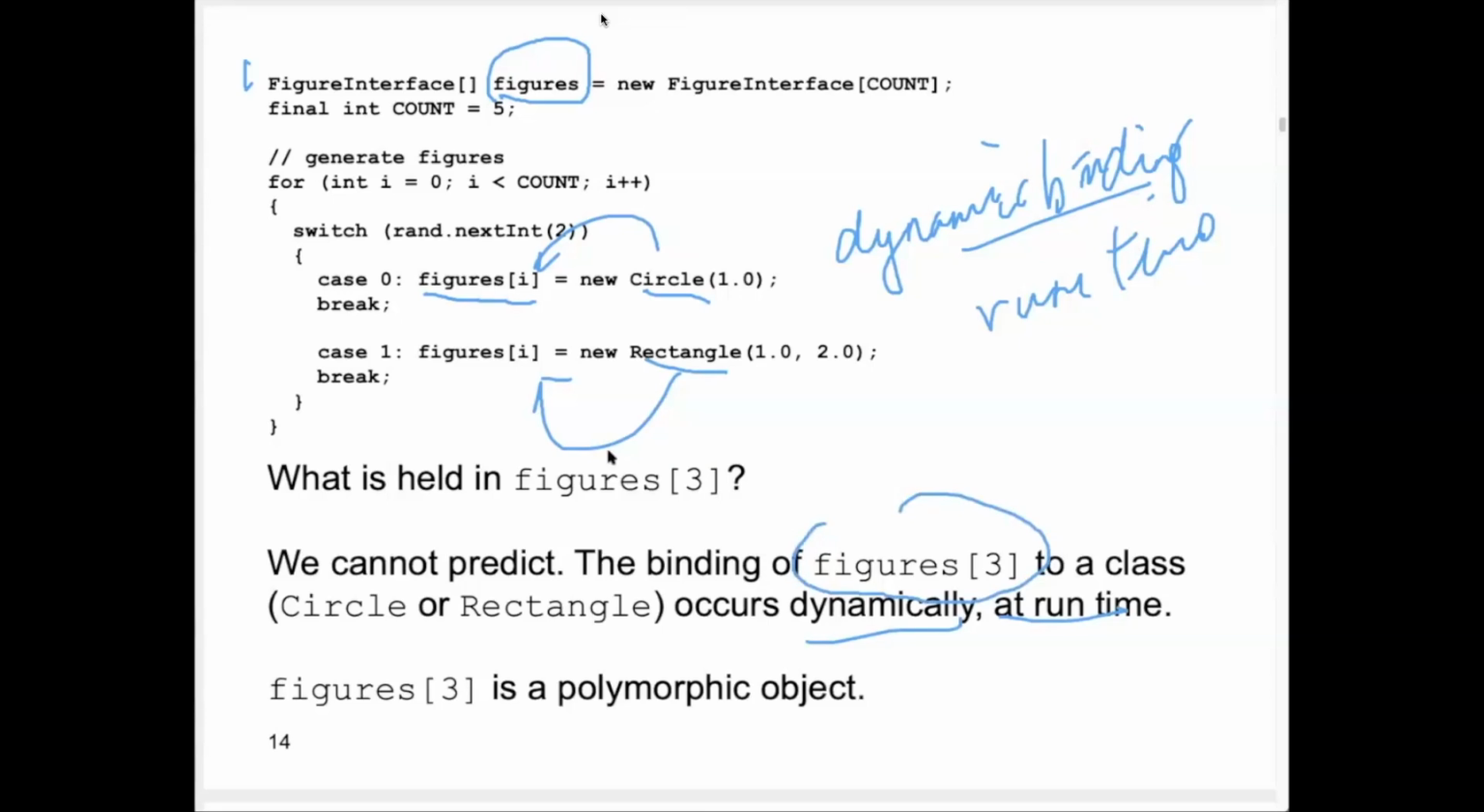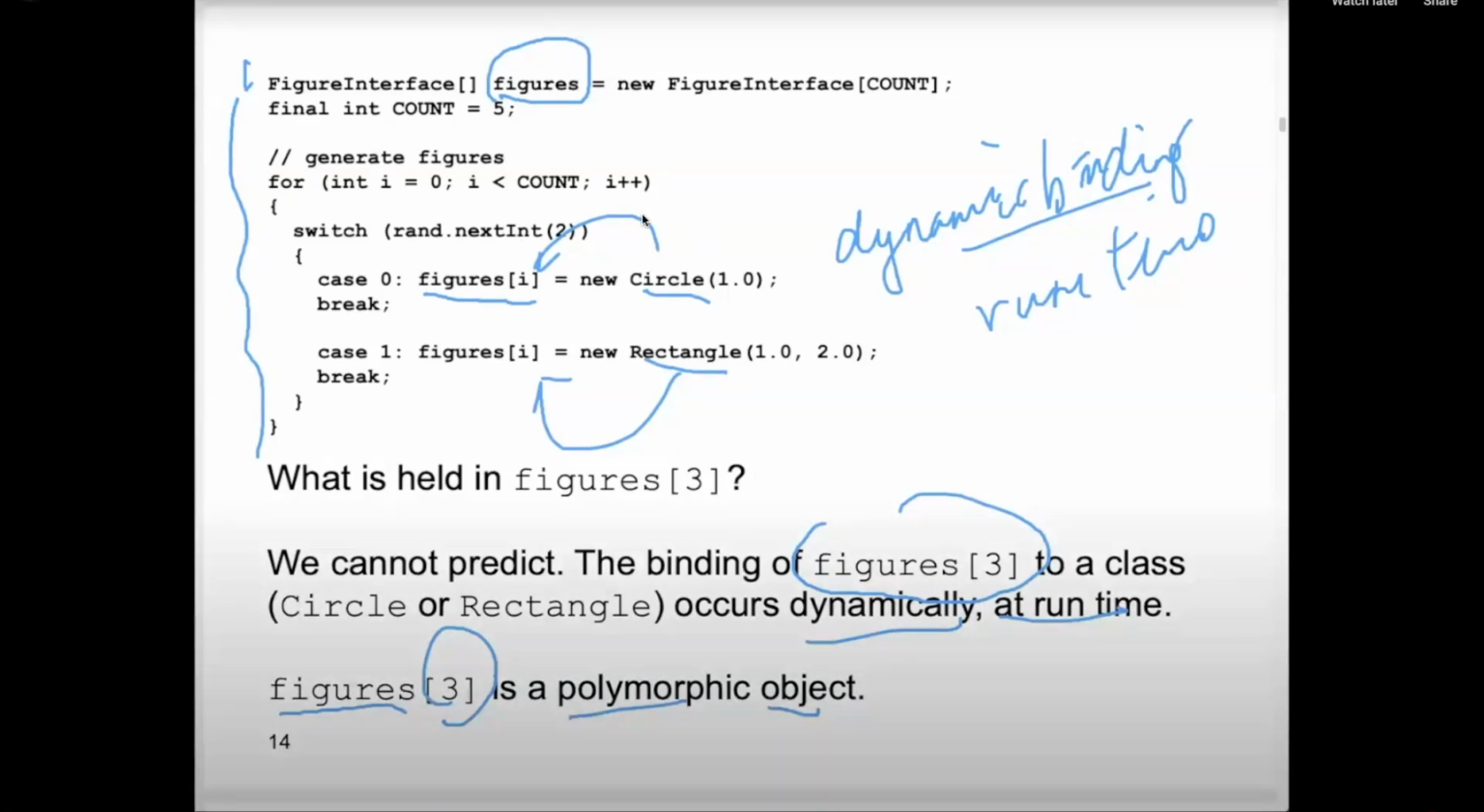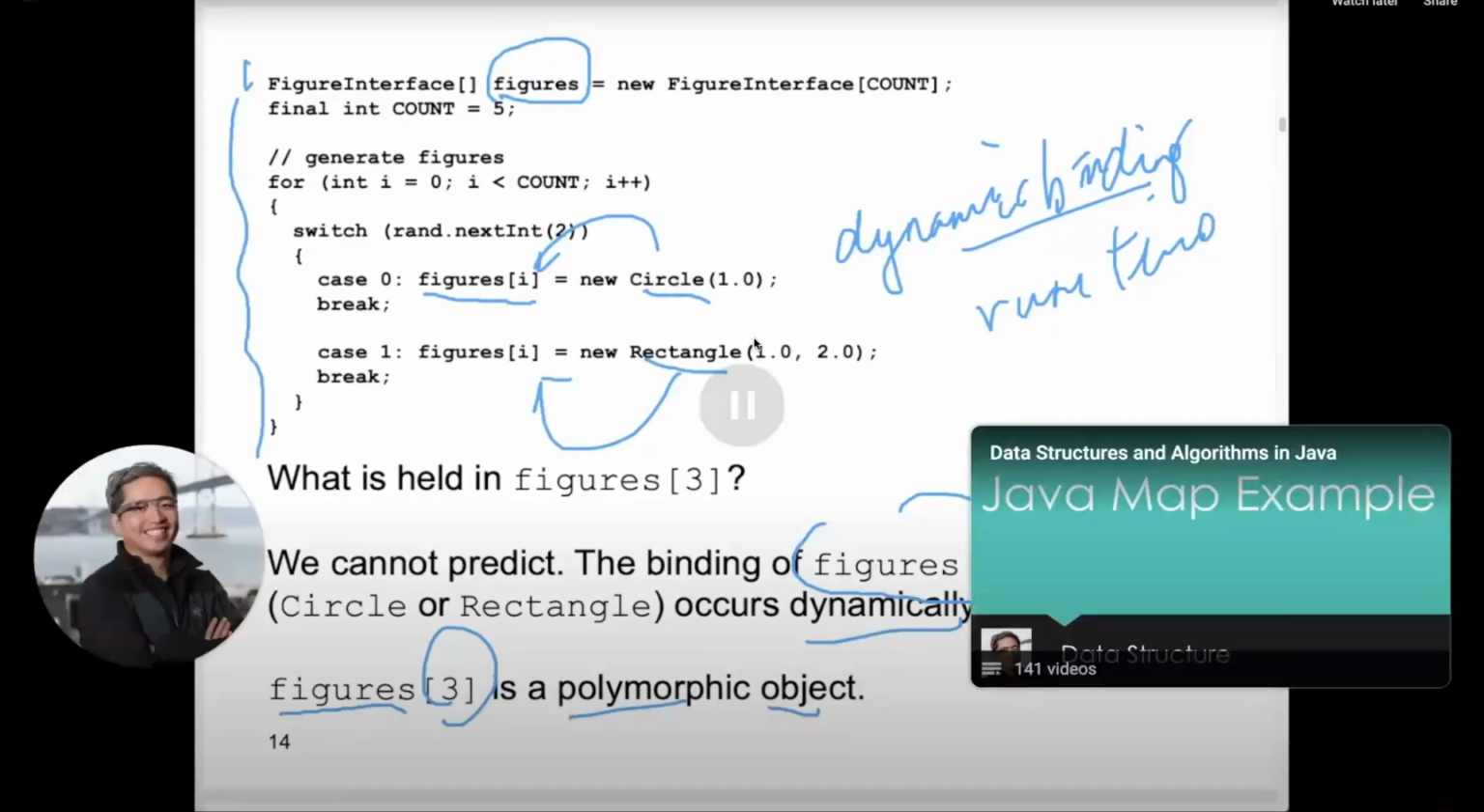Because this happens at runtime, we can't really tell at construction time, meaning statically, like right now, whether figures at index 3 is a circle or rectangle. At construction time that is immaterial, right? We don't know, because this is a polymorphic object based on interface-based polymorphism, okay? So we're going to see things like this throughout, and these are implementation details, throughout the entire course of this semester. So I just wanted to reinforce the idea of what interface-based polymorphism is in the context of this